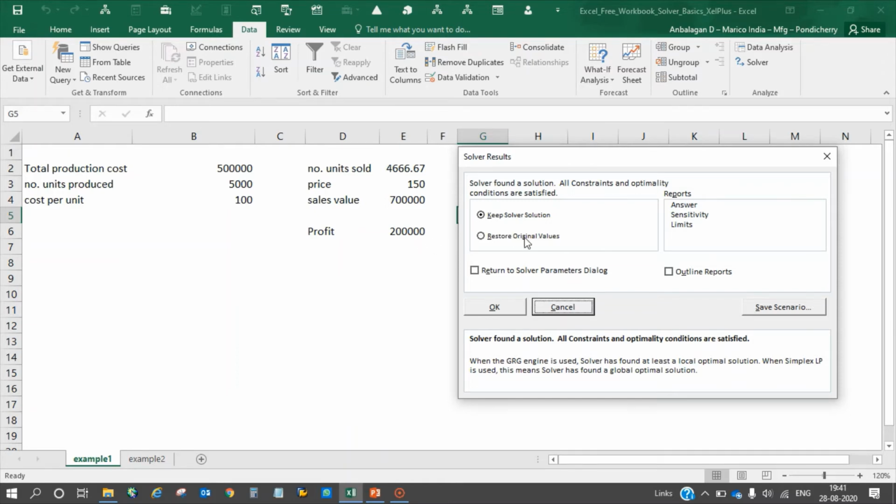To get a profit of 2 lakh, you have to sell 4,666 units. Okay, cancel this one.